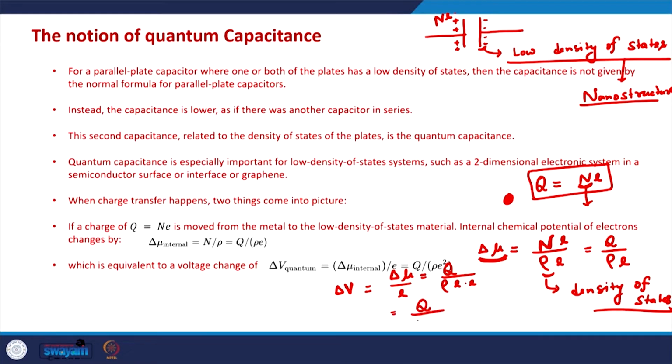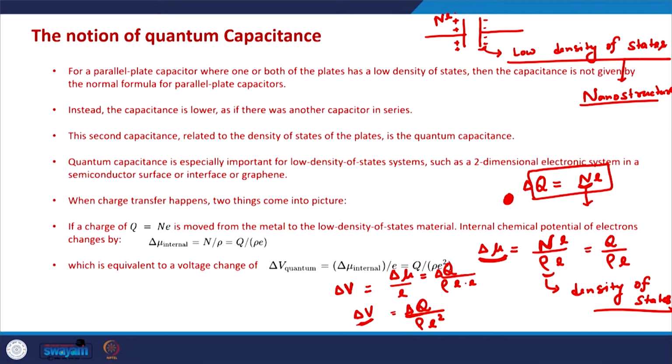the change in the charge divided by density of states times E square. E is the electronic charge. So if delta Q is the charge that is transferred on the nano system, then corresponding to a change in charge delta Q, there is a change in the voltage delta V, which is not of electrostatic